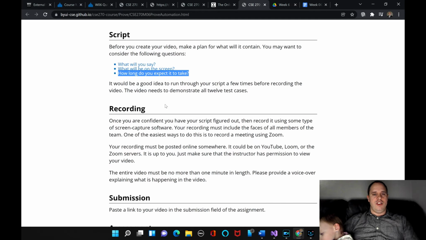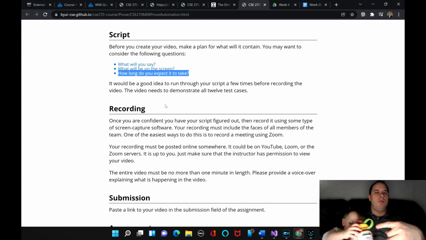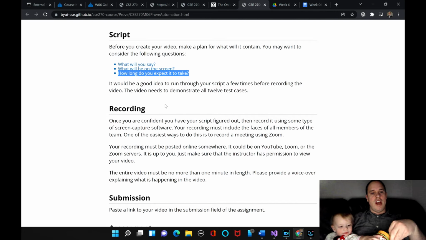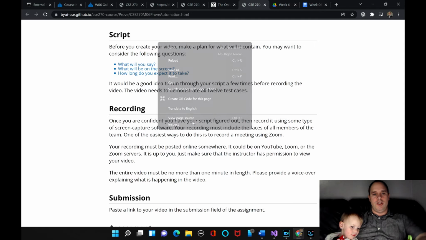So this just kind of gives you a layout on how to set up your video, be a little bit prepared to try to make it a little bit more professional, and then you actually start your recording and demonstrate your